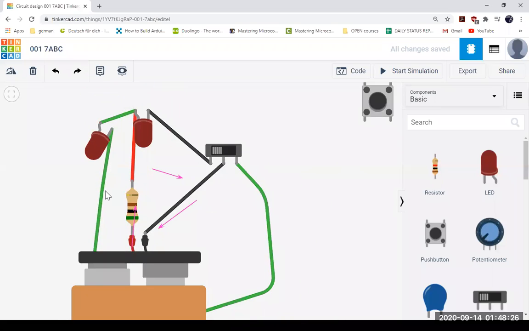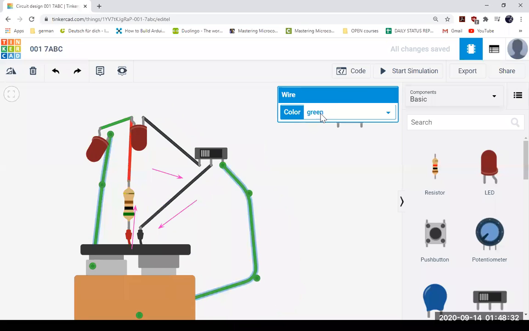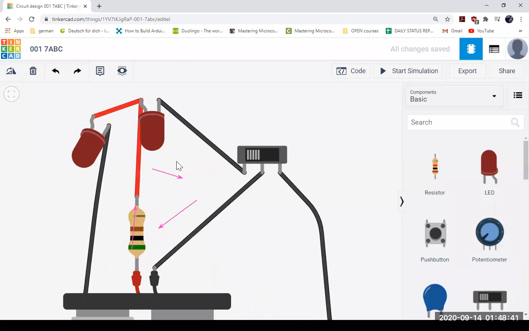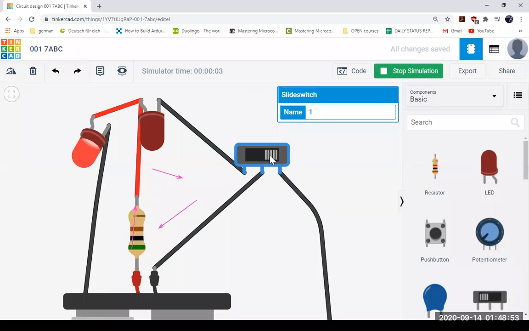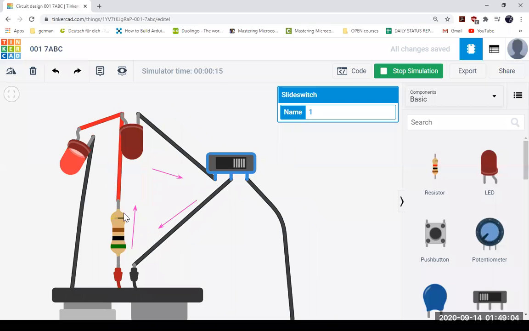Okay, and also I have to use... Okay, I don't have to worry about that. Okay, black, the red. You can connect anywhere if you want. Like what I have done, I have just connected the black wire. I have connected the switch on the black wire. You can connect on the red wire also. That doesn't matter. Okay, now you can see we can switch between two states, right? So basically current is flowing like this, right? And when I switch it over here, how is the current flowing? Current is flowing from here and here, right?